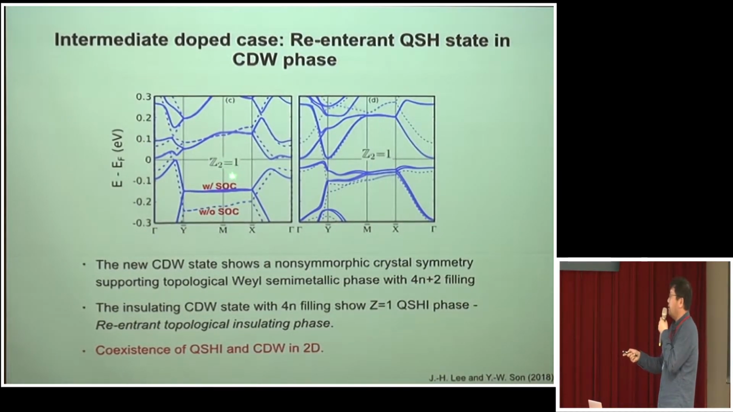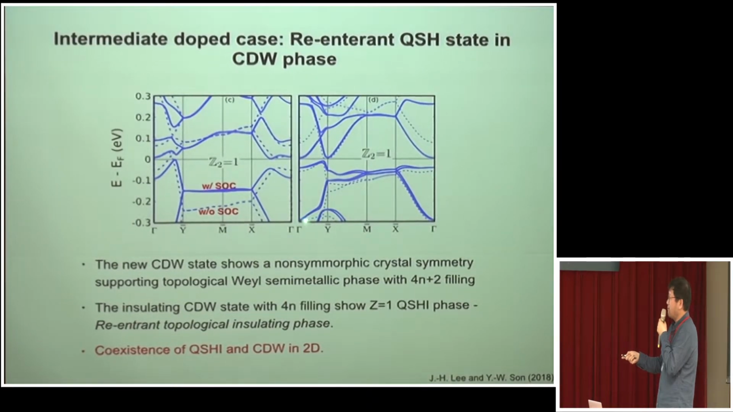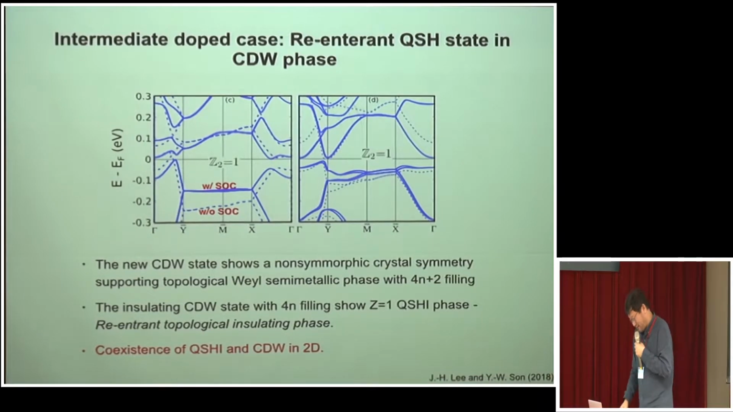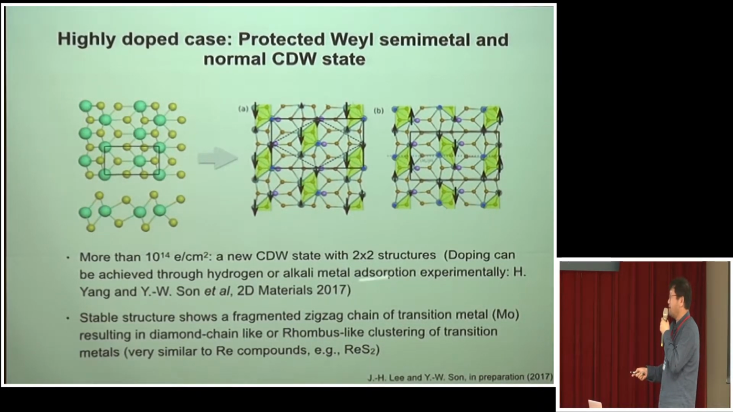Then this actually turns out to be topological, a quantum spin Hall insulator, because when the CDW forms, the band is already inverted. The original quantum spin Hall band comes from here; now put a lot of electrons here, and this turns out to be again the quantum spin Hall insulator because of the non-symmorphic crystal structure distortion. With further doping, you can go to more than 10 to the 14. Actually, this structure